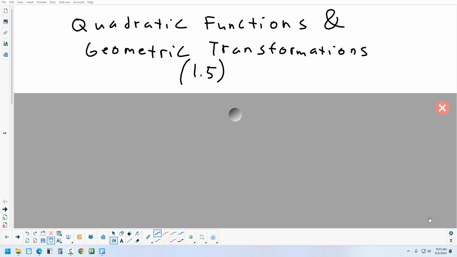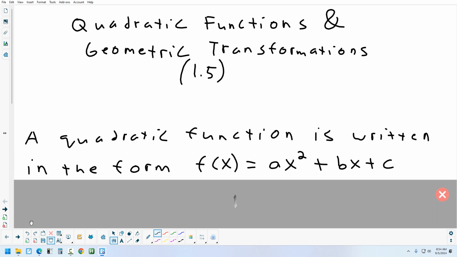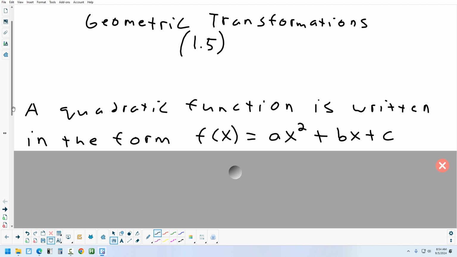And there's like maybe 7 different big categories of functions that we're going to study each chapter that we do, and transformations will be a part of every one of those. So we're going to focus on quadratics today. So in general, a quadratic function has the form ax squared plus bx plus c,